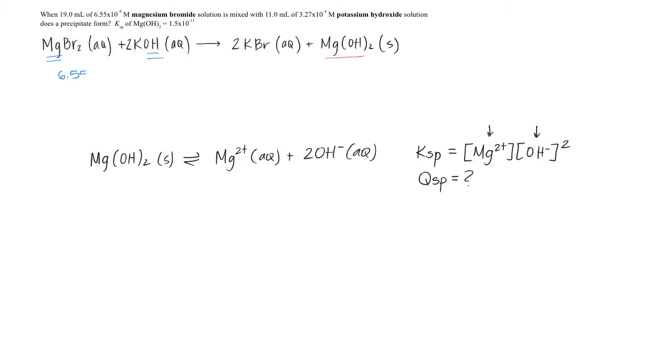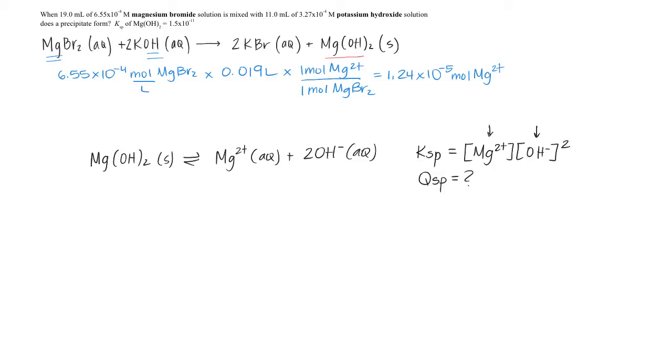We have 6.55 times 10 to the minus 4 molarity, or moles per liter, of magnesium bromide multiplied by the volume in liters, 0.019. Magnesium bromide dissociates into 1 mole of magnesium 2+ ions for every 1 mole of magnesium bromide, which gives us 1.24 times 10 to the minus 5 moles of